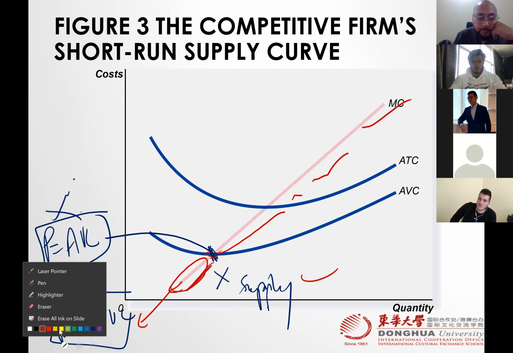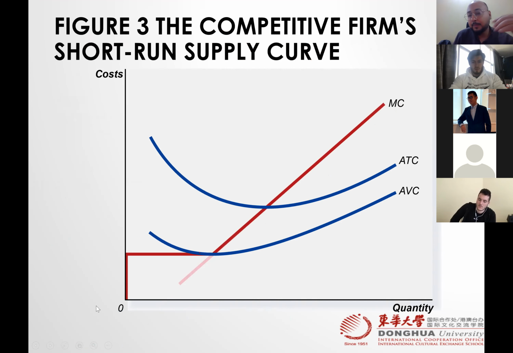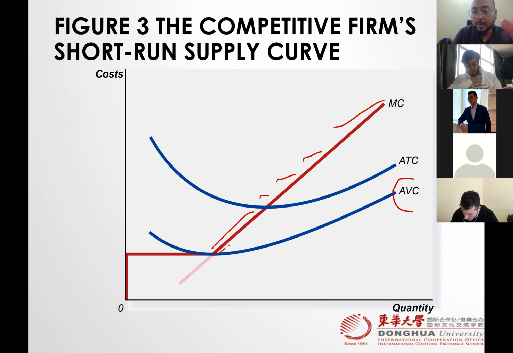right? So short run MC, short run supply curve would be that part of MC which is above average variable cost. So you see here above this point, not so this part is not supply,